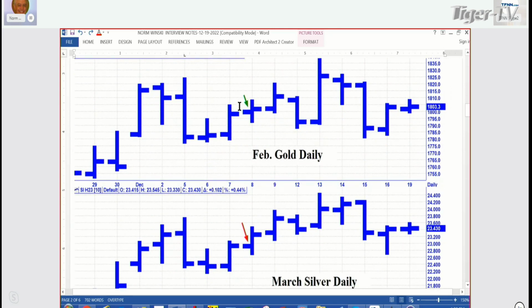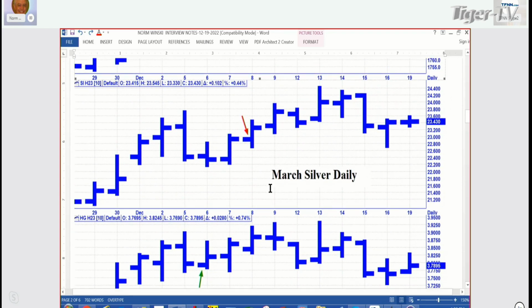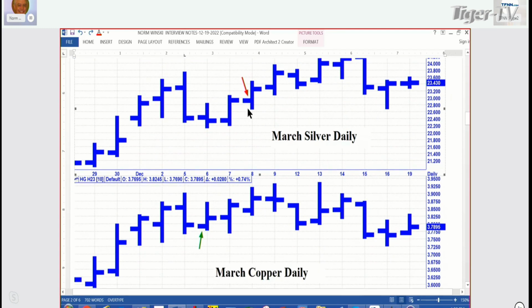There's the gold, it rallied into the moon, and you did have to take a little heat there. Then it went down, and you had a chance to make some money. And that's my measurement: you had a chance to make some money or not. Silver just kept going up, so you didn't have a chance to make money. And so that's a miss with a red arrow.